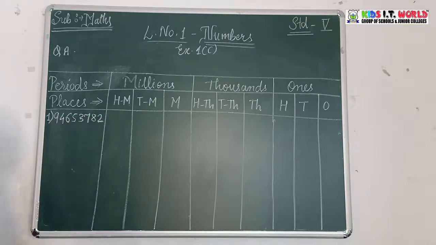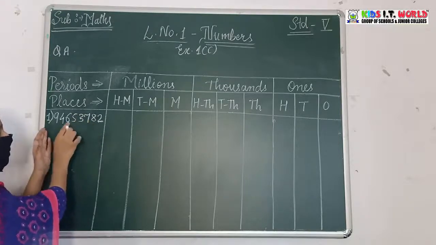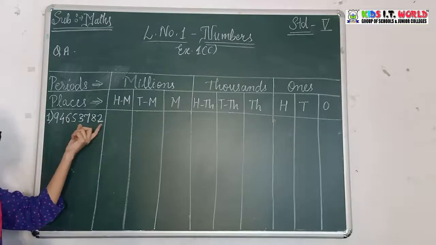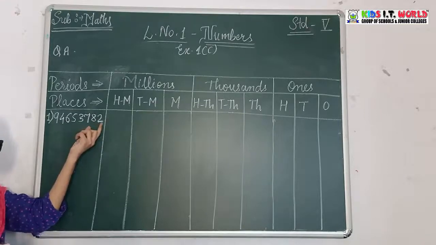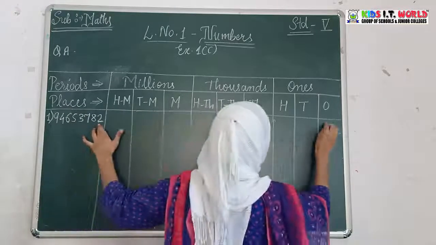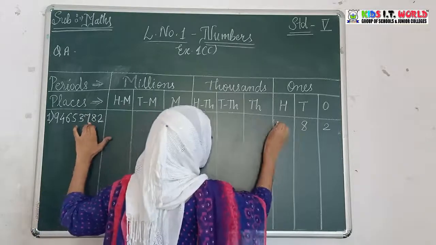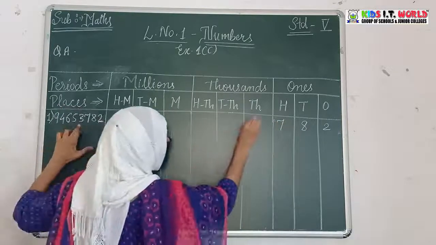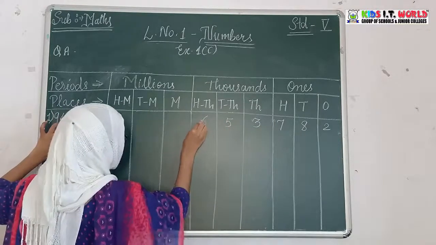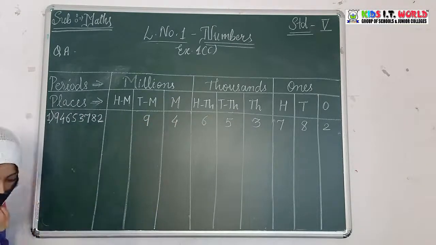So here the first question is here. Now they have not separated it by the comma. You have to separate it by the comma, but when you separate, first of all put this value in this table, and I told you if you are not able to write it directly, just write it from the extreme right position. So on the extreme right position, the first one on the ones place is 2, then 8 on the tens place, 7 on the 100 place, 3 on the 1,000, 5 on the 10,000, 6 on the 100,000, 4 on the million, and 9 on the 10 million.